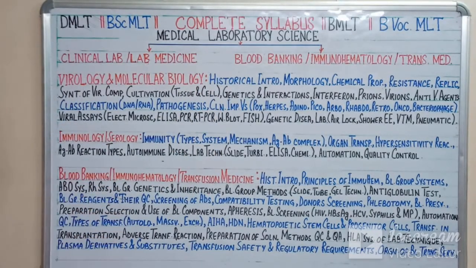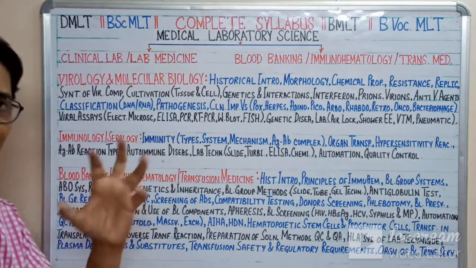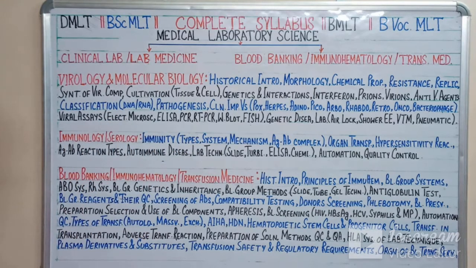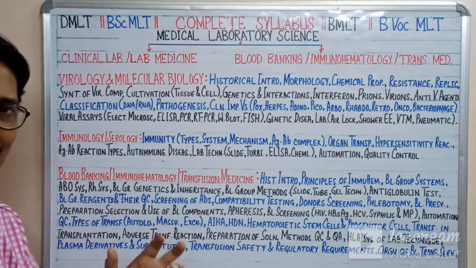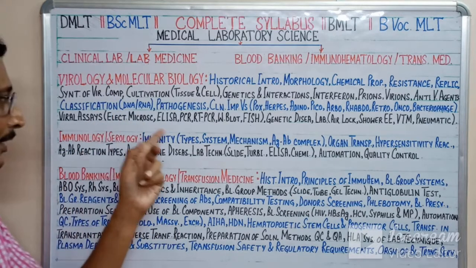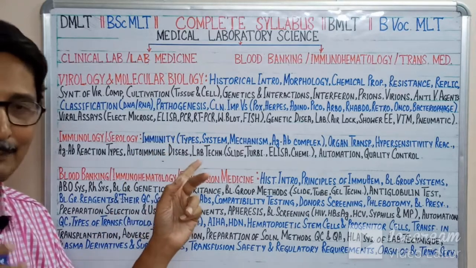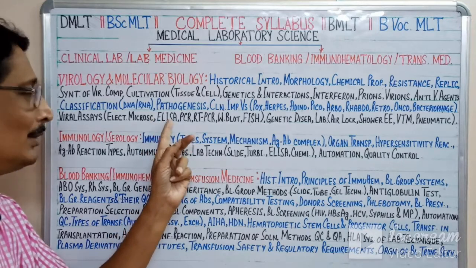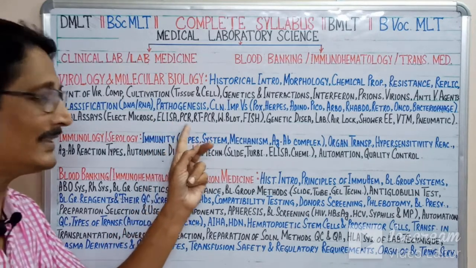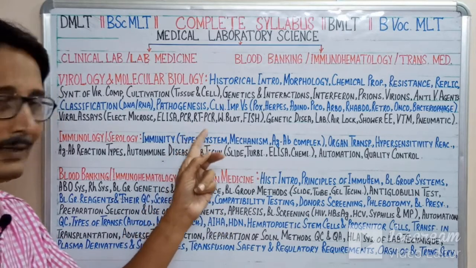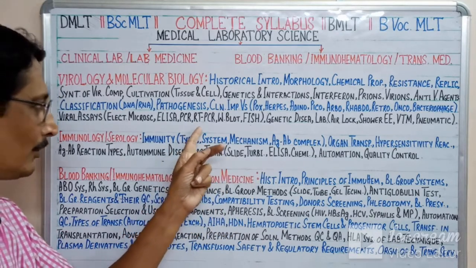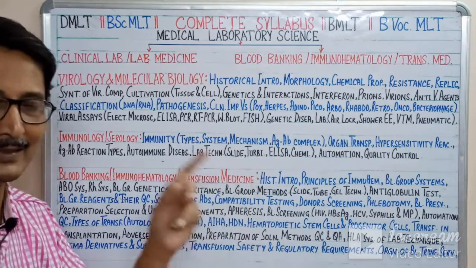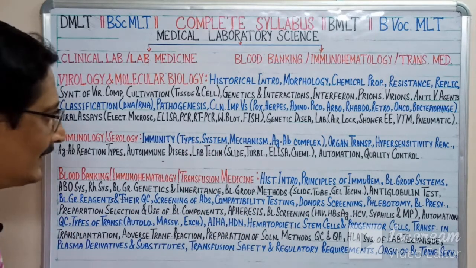Now the viral assays: how we can make an assessment of a virus inside the laboratory. There is the provision of the electron microscope, but it is only associated with research labs. In our clinical labs there is no need of an electron microscope. We just adapted some techniques like ELISA, that means enzyme-linked immunosorbent assay, and PCR, that is polymerase chain reaction. Now with the coronavirus, you are much aware of this word RT-PCR, that means real-time polymerase chain reaction.